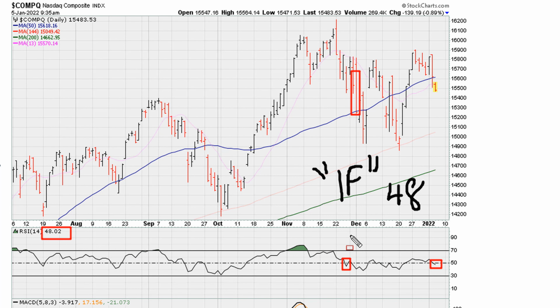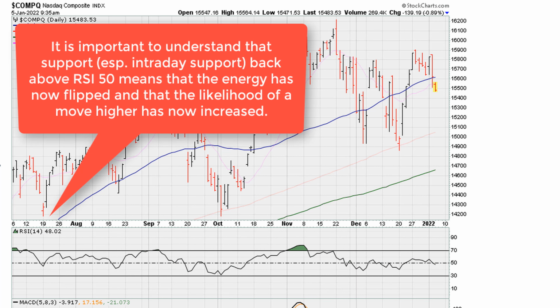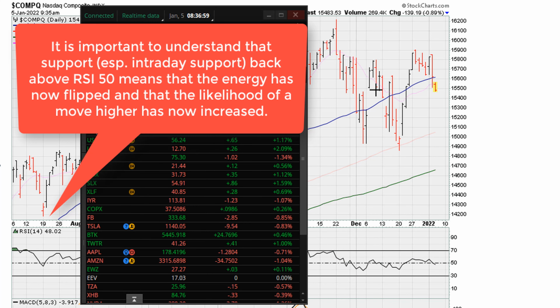In other words, if you are looking for a swing trade opportunity and you're a day trader, and if you understand this RSI 50 concept, it means that for today, from a swing trade perspective only, you start leaning to a market that wants to go down, and understand that the more the NASDAQ stays below 50 for the day, the more it's going to drag and pull most asset classes lower, including the Dow and the S&P 500 as well. So right now, again, the market's been open for about 7 minutes.